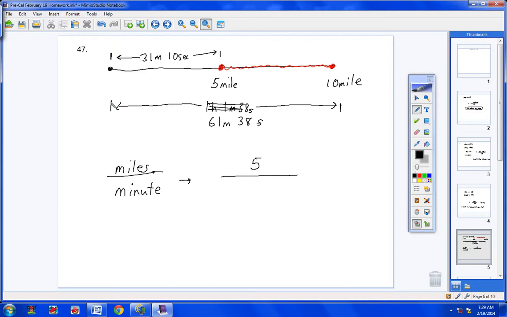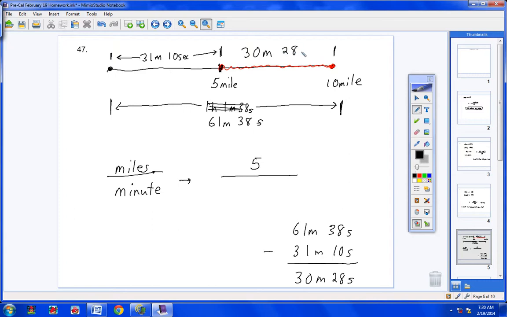If the total time it took her from here to here is 61 minutes, and from here to here it was 31 minutes, subtract these two, and we'll have the time it took her right here. So I'm going to take 61 minutes, 38 seconds, minus 31 minutes, 10 seconds. And if I do that, I will come up with 30 minutes, 28 seconds. So the time it took her on her last 5 miles from here to here would be 30 minutes, 28